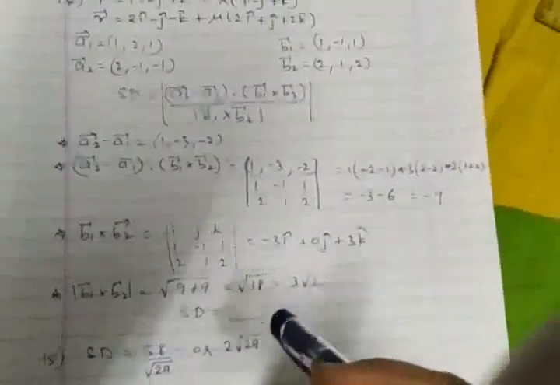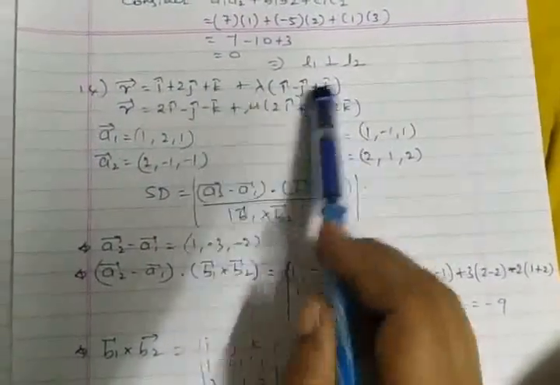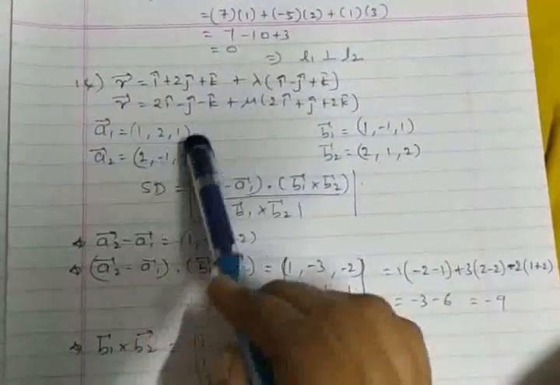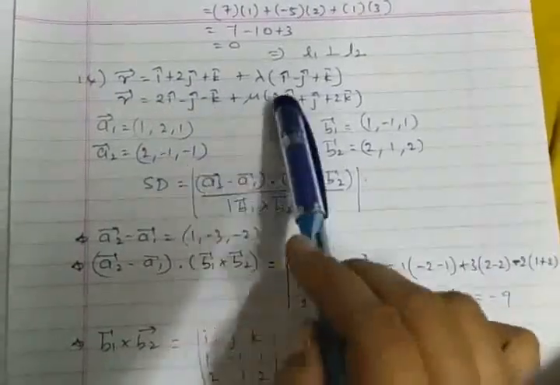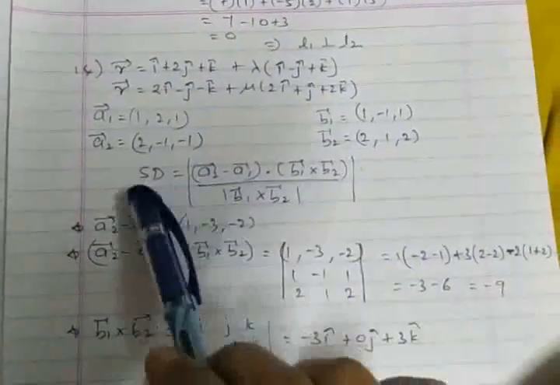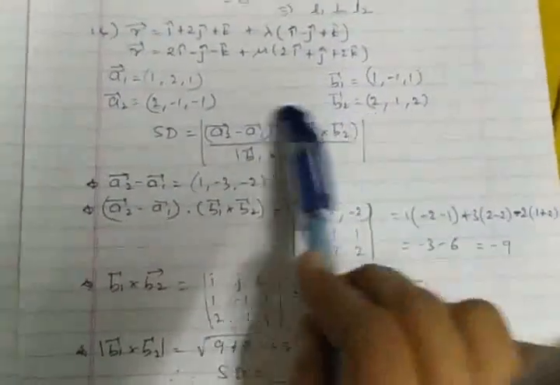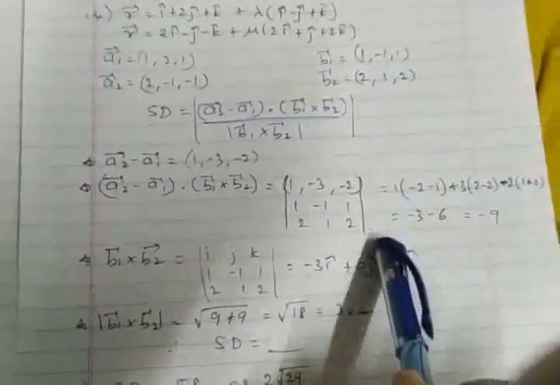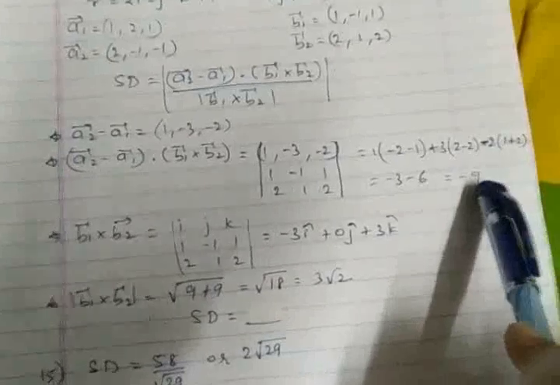So we have taken this equation and I solved it here, whereas in the previous video we had discussed almost all the question. The equations are given, A1, A2 to be listed out, the passing points 1, 2, 1, 2, minus 1 and minus 1. And the direction ratios I had taken here. Write the formula first. A2 minus A1 you have to perform, then we go for the scalar triple product, the determinant value. Expand the 3 cross 3 determinant, you find minus 9.